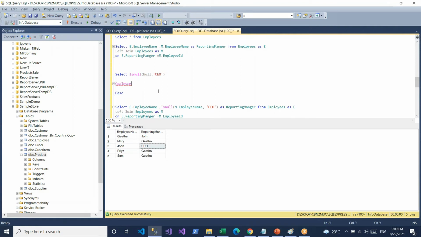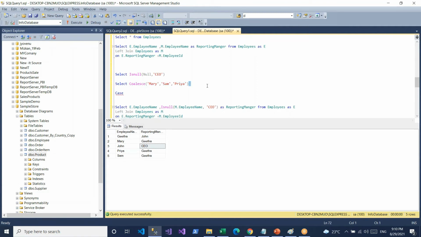Now if we apply the same thing with COALESCE, what will this function do? What is the difference between ISNULL and COALESCE? If I apply select COALESCE, see here, Mary, Sam, and a third name, so I have three values.